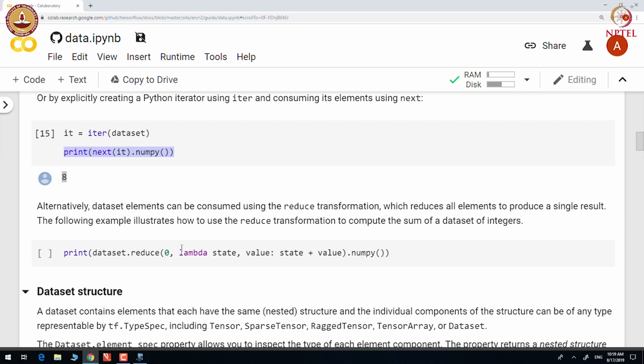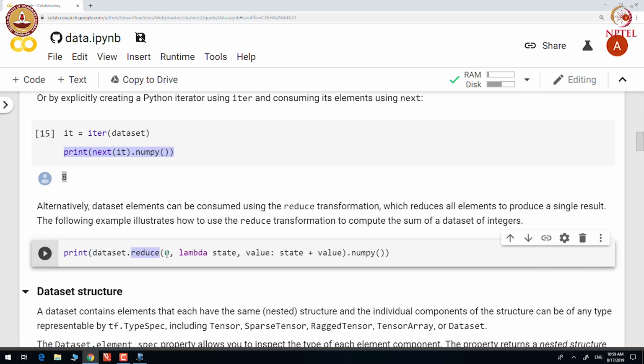Here we use a reduce function where we give the initial state, which is 0, and then define a lambda function on state and value, where we add the existing state to the value and store the result into the state variable.